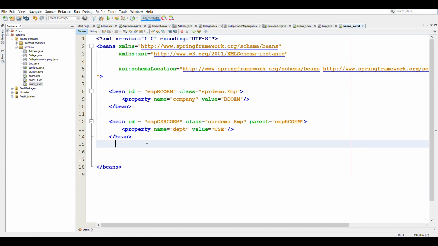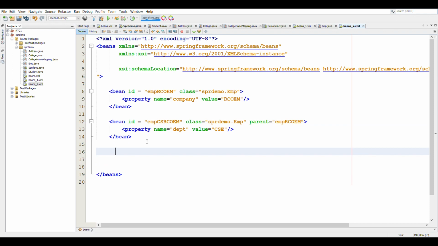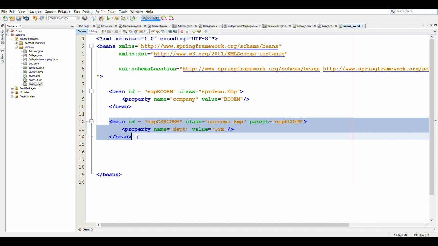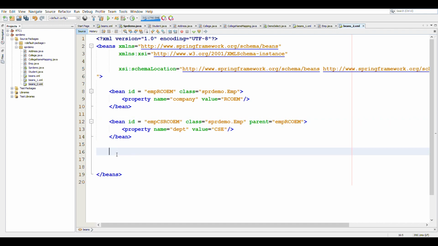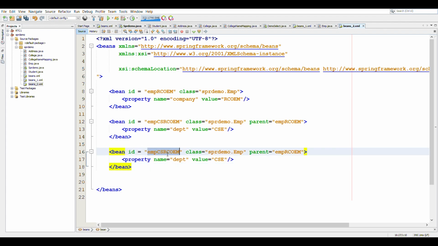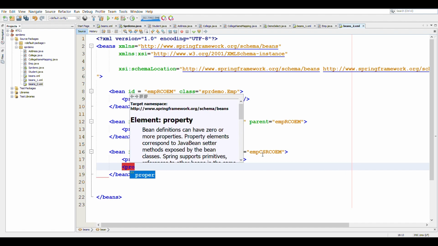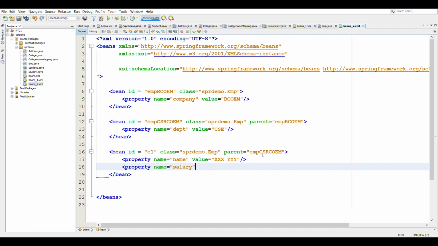Now, in the same way, if we want to create multiple employees of CS department of RCOEM, then in that case we can directly inherit EMP CS RCOEM. So let's call this employee 1, E1, and in the parent we will specify employee CS RCOEM. In the properties, we now only need to specify the name, which is the name of the person, and the other property, which is salary. So let's say salary is